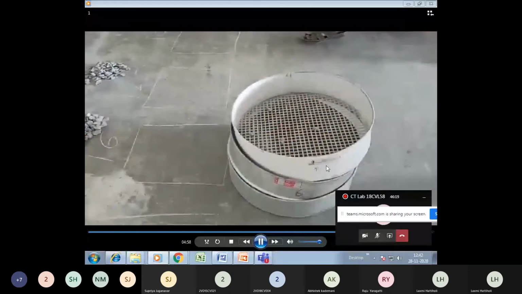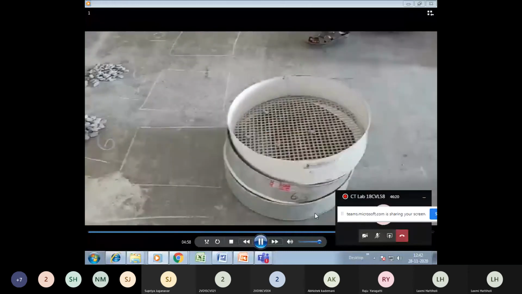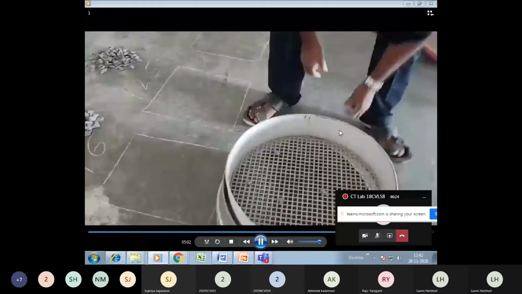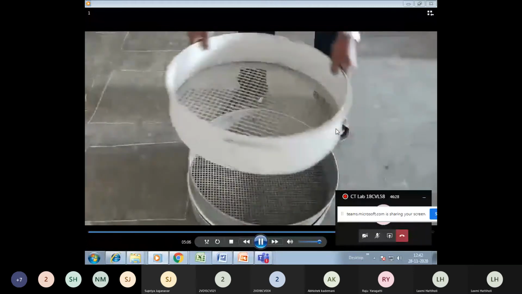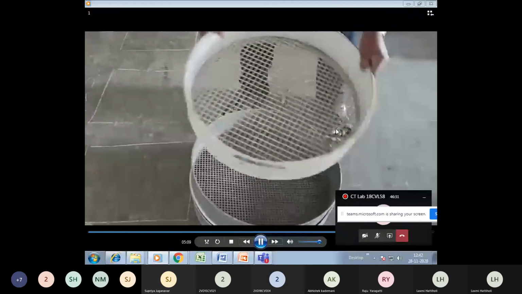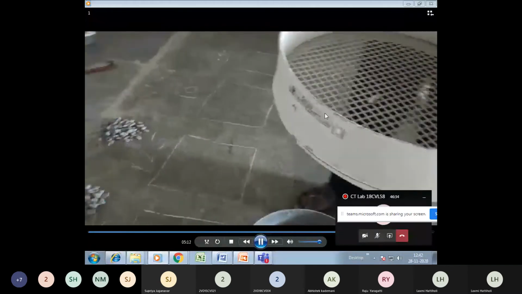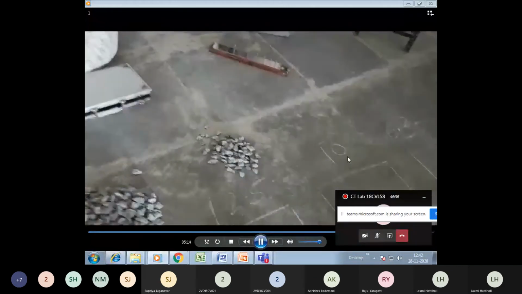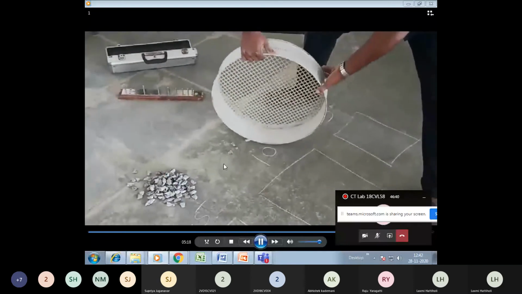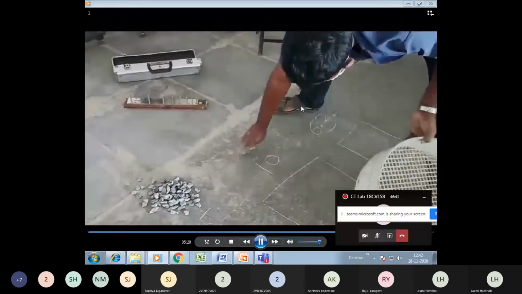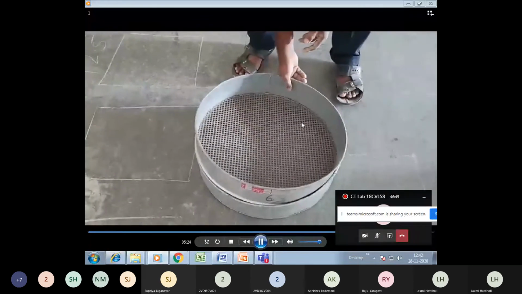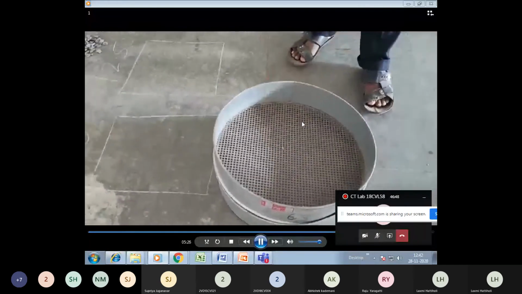Next, just check whether aggregates have been retained on the 10 mm sieve or not. Yes, a few aggregates have been retained on the 10 mm sieve. Obviously these aggregates will not pass the sieve. Two aggregates have been retained, so keep them here for the 10 mm sieve size. Whatever numbers I have written here, those are the retained sieve sizes. For 6.3 mm, there are no aggregates retained.